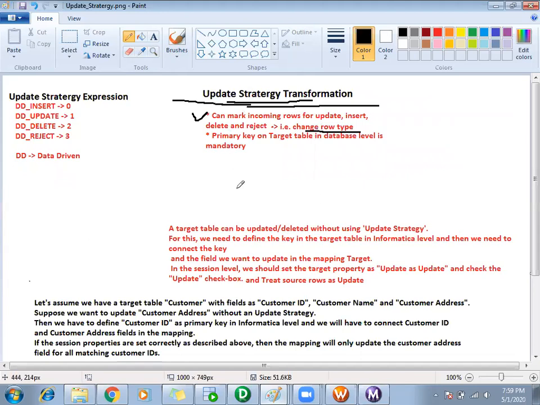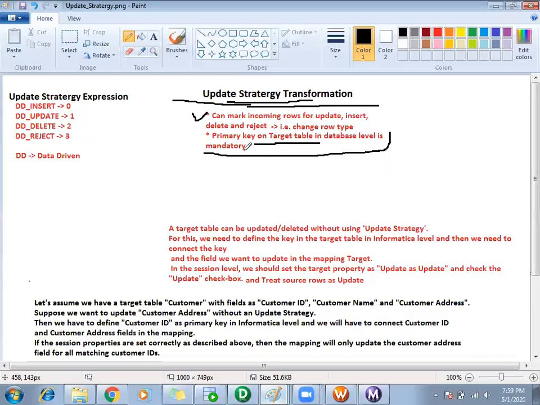And this update strategy transformation, I can use only if there is a primary key on the target table. A primary key on the target table at database level is mandatory, and it is obvious whenever we are working on a real-time project, if there is a table, there will be a primary key.